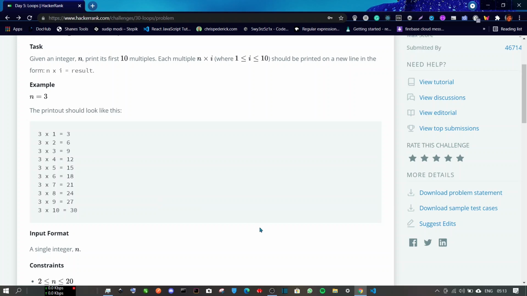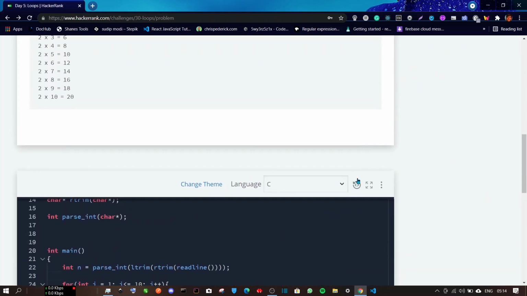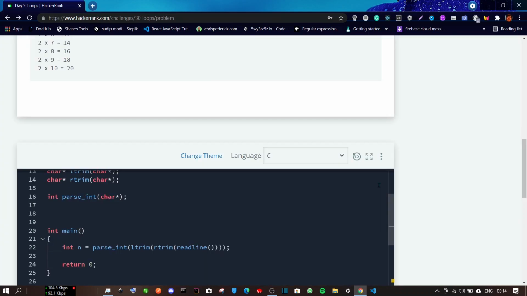The way we will tackle this problem is, we will initiate a for loop that prints a single line, and that for loop will run 10 times. Each time it will print this template code that we will provide it, where the first digit will be the number, then we'll type x, then the second digit, this is 1 2 3 4 5 6, this is the counter that we are using to run the loop. So let's see how that works.